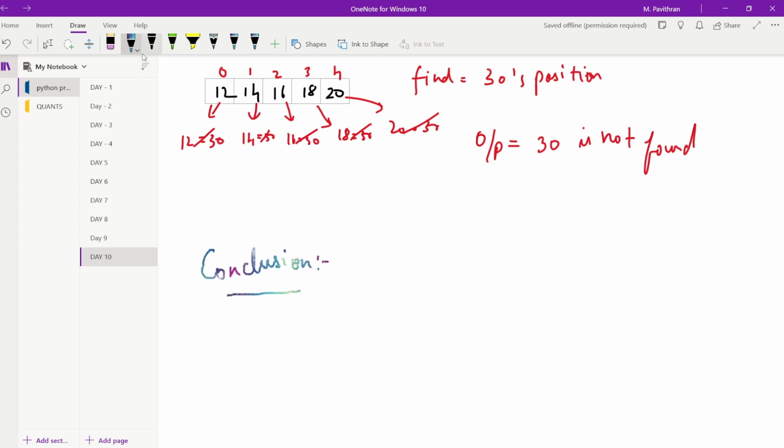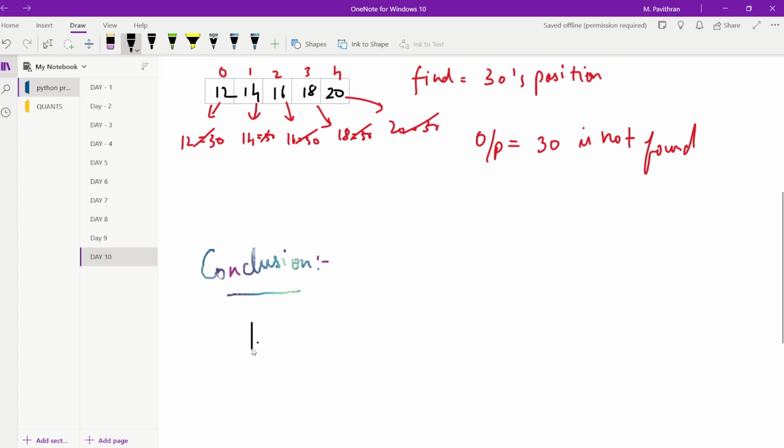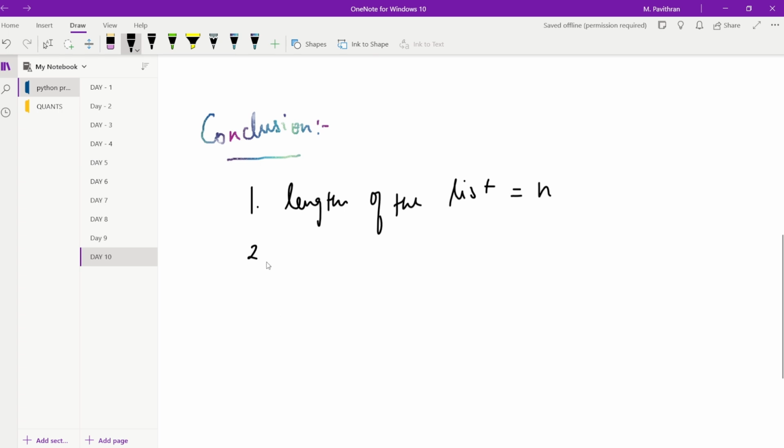Conclusions. We must first know the length of the list, which we refer to as n. Second, we must know what to find, which we refer to as f. Third,